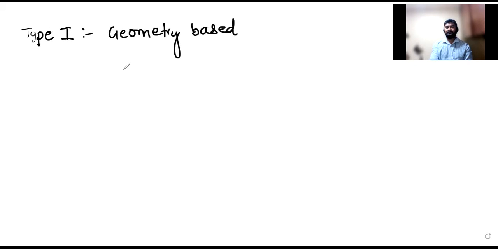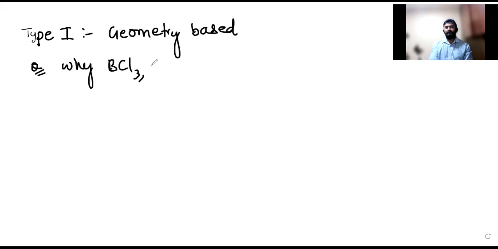Today it's going to be majorly about different types of problems. So let's start with the first type of problem, which is basically on the basis of the diagram. Type 1 questions can be asked in JEE or NEET exams, or even your school exams if you are preparing for school exams. So type 1 question is geometry based. The first question that will be asked on this topic is geometry based. So let's do this question. Question: why